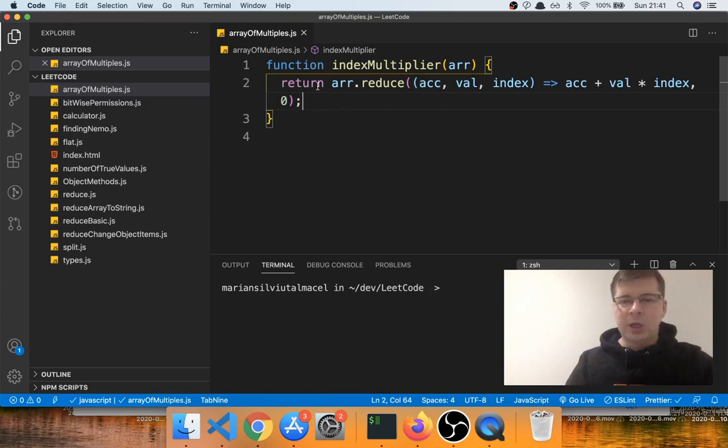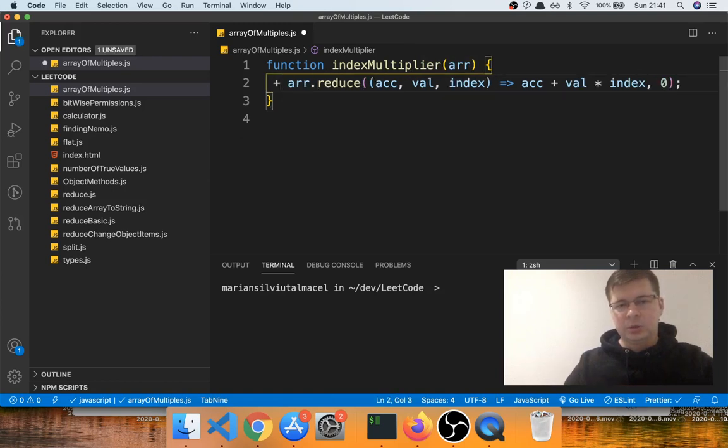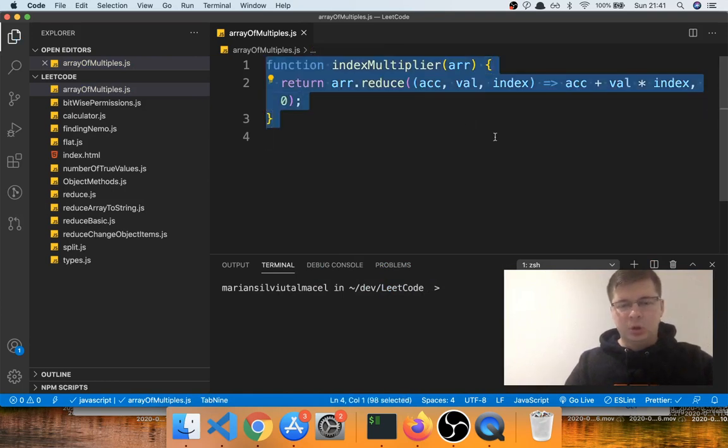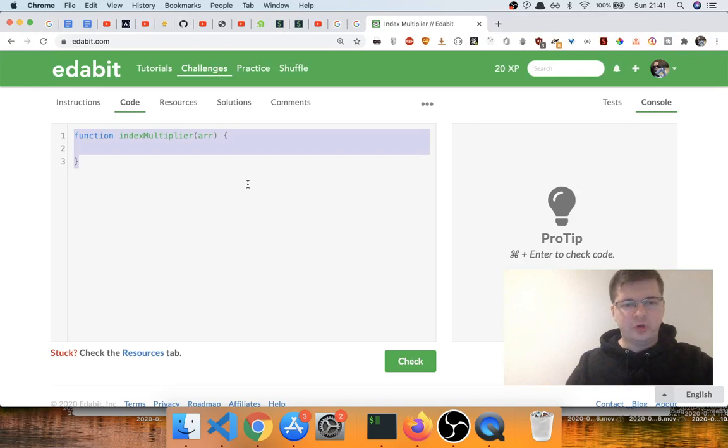So let's try this out now, because we're saying return immediately an array.reduce. Oh yeah, we have to keep it like this, but if we had an arrow function, we could have just used an arrow like this. We can even try to see if they let us, but I'll not change it. I'll just say return this, right? So basically this is the whole of the problem. This should solve it,